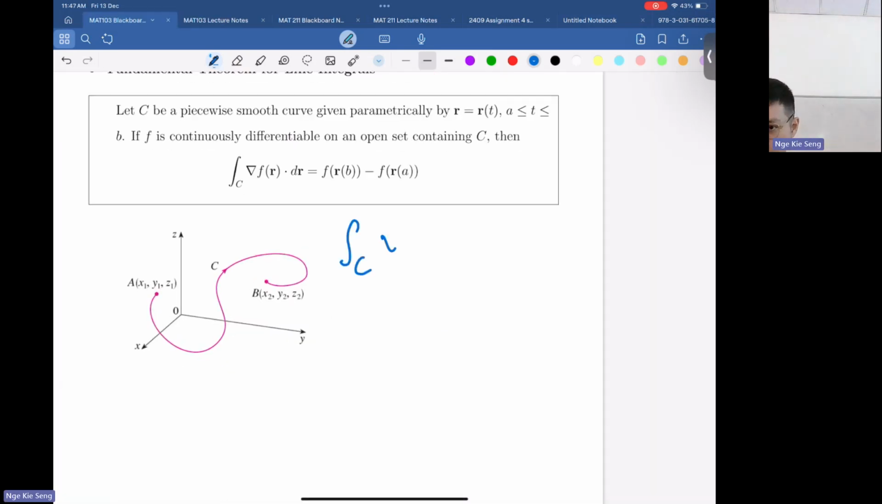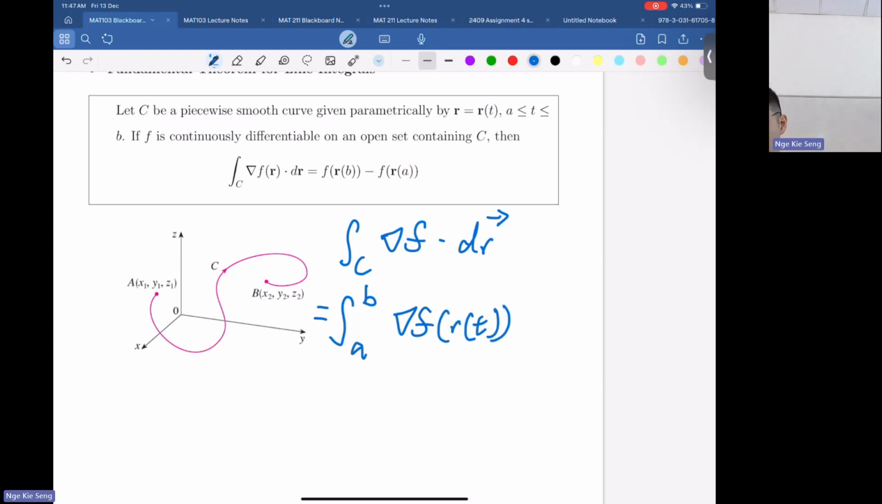So if we start with the left hand side, we're going to end at the right hand side. So what's this left hand side here? We're going to use parametrization. We parameterize the curve into one variable. Let's start from A to B, and then we replace my gradient on the line itself. If we do parameterization,